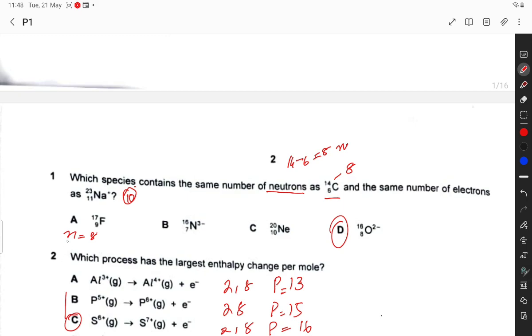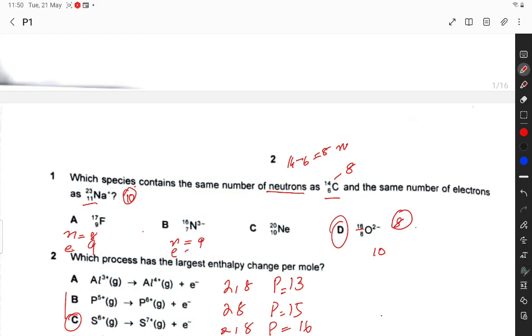Electrons are, this is positive, so this is 9 or 8, 17. Electrons are 9, and in this case neutrons are, this is 16, 15, 7, 8, 9,